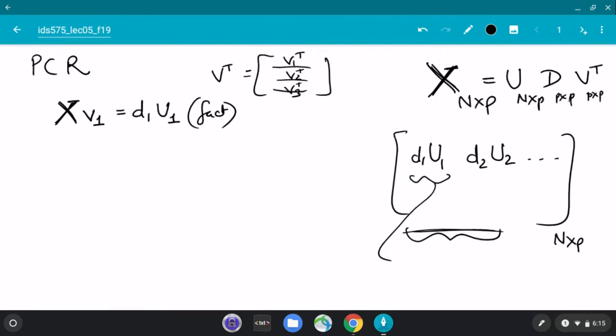But for now, the most important intuition for principal component regression is that you had the original data matrix, and you're trying to create new columns. Each column is a linear combination of the original columns in my data matrix. How do you see that? The column space of X and the column space of U have to be the same. You can ignore d, because d is just a weight on each column.